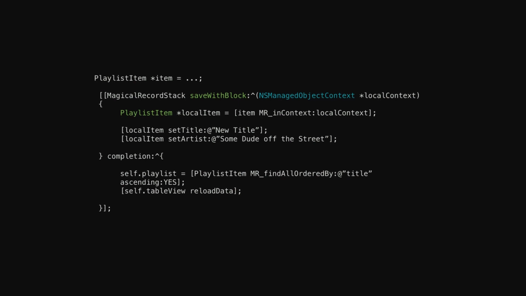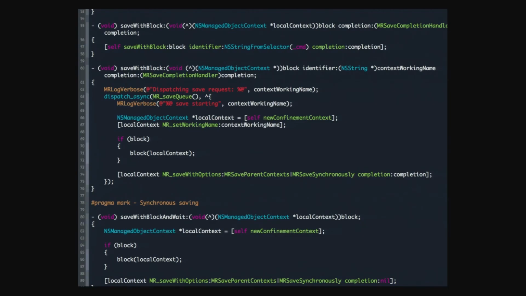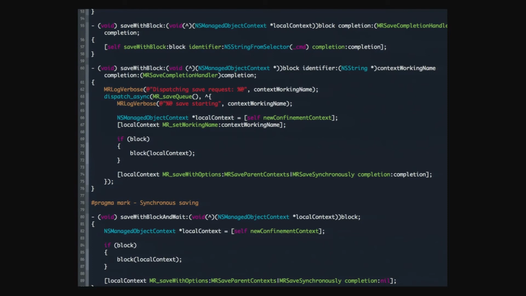So this first block is performed entirely on a background thread. You can do all these changes and data updates without interrupting the user on the main thread. So that's kind of nice. And this is how you would implement it, and this is how I implement it. Basically, just create a queue, create a new context, set stuff up, and then call the block.